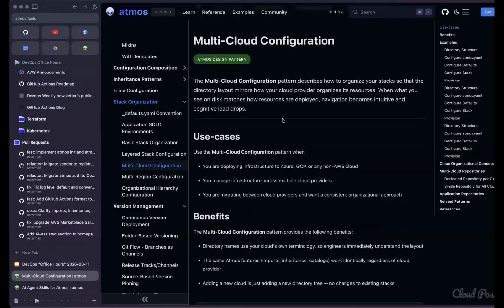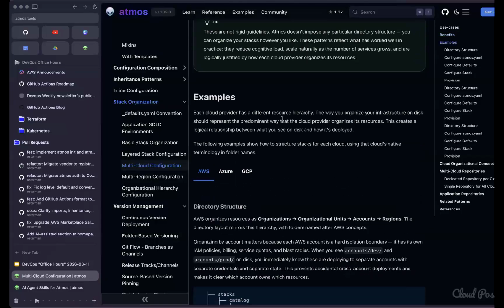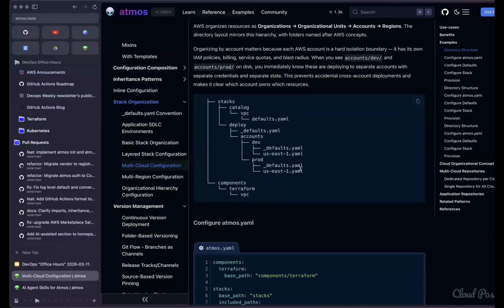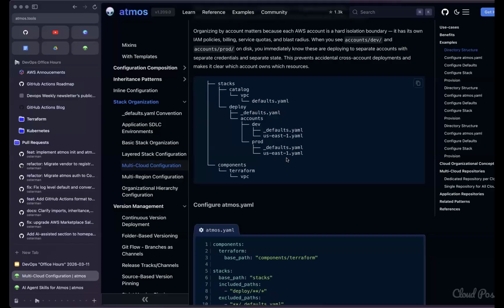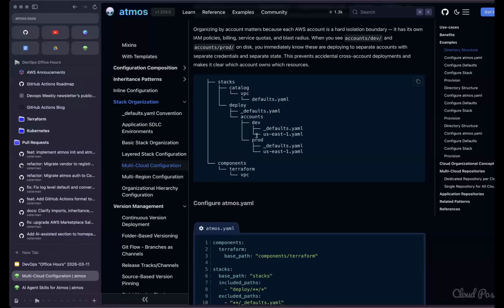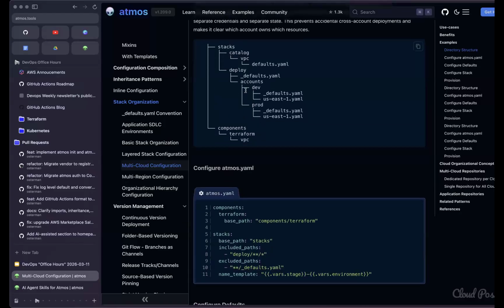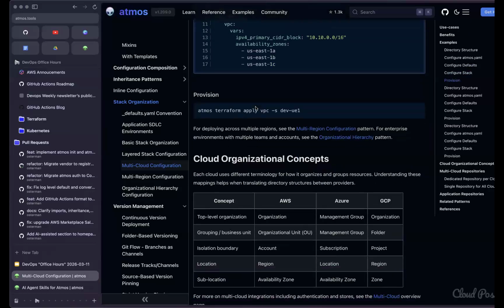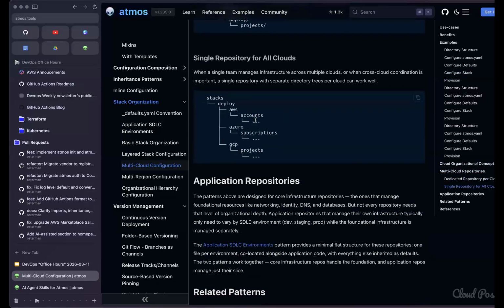So what's interesting about this is we published the multi-cloud design pattern showing you a couple of ways we've been helping customers organize their configurations based on established conventions within a given cloud. So using accounts, organizing by dev account and production account, maybe for AWS. But then things look a little different when you work with Azure. So for AWS, you're organizing by accounts. For Azure, you're organizing by subscriptions. For GCP, you're organizing by projects, and so forth.